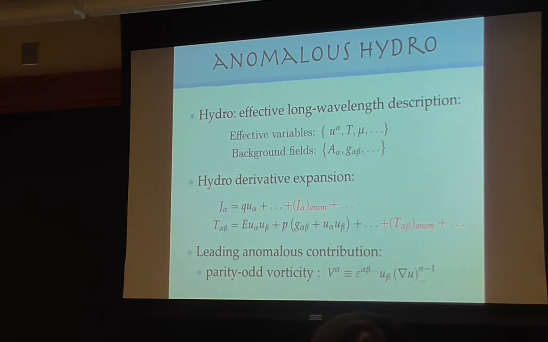Because this calculation will be different from triangles for this case. So this is a finite-temperature term, and it calculates viscosity and so on. In this way, it will be different from the calculation of the conventional anomaly through triangle diagrams. So triangle diagrams are for zero temperature, right? The analog of that for finite temperature should be the same as this. Yeah. You have to sum over multiple things and all this.